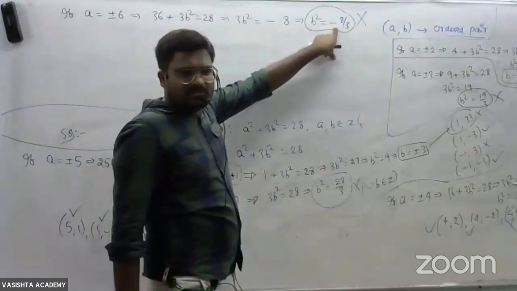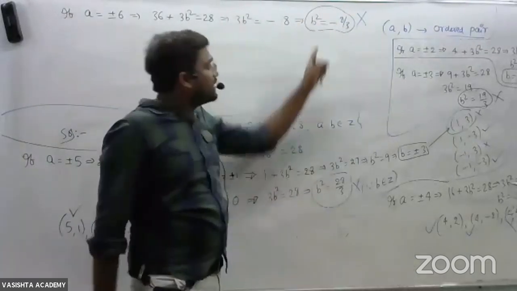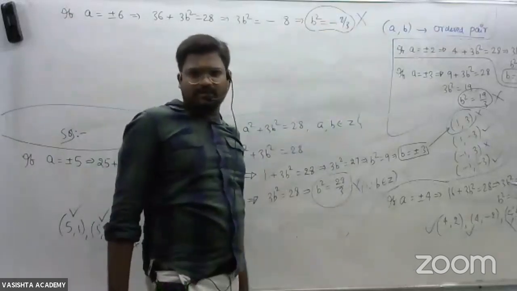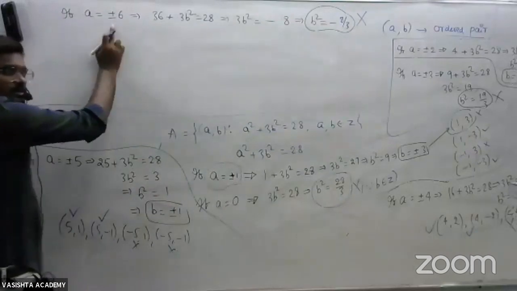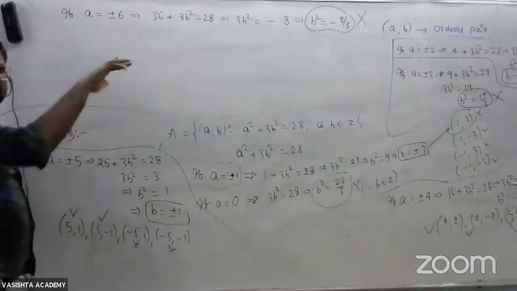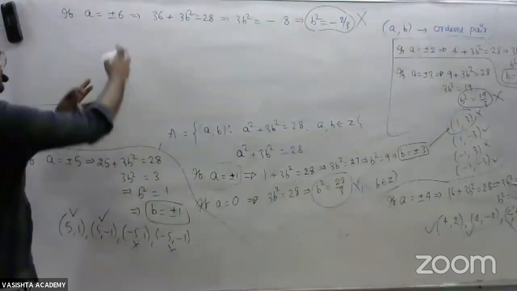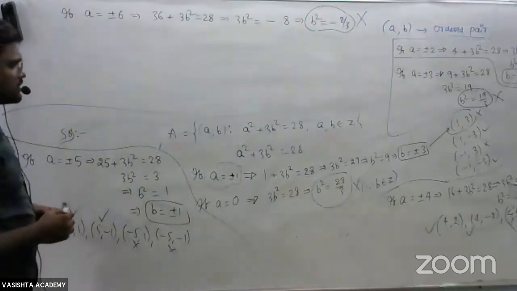First thing, it is a negative number, so b square cannot be negative. And it is not an integer; we are getting a negative rational number. So logically, if it is not possible for a equal to plus or minus 6, it will not be possible for plus or minus 7, plus or minus 8, all those values. So we can stop here. Understood? This is where we have to stop. So finally,